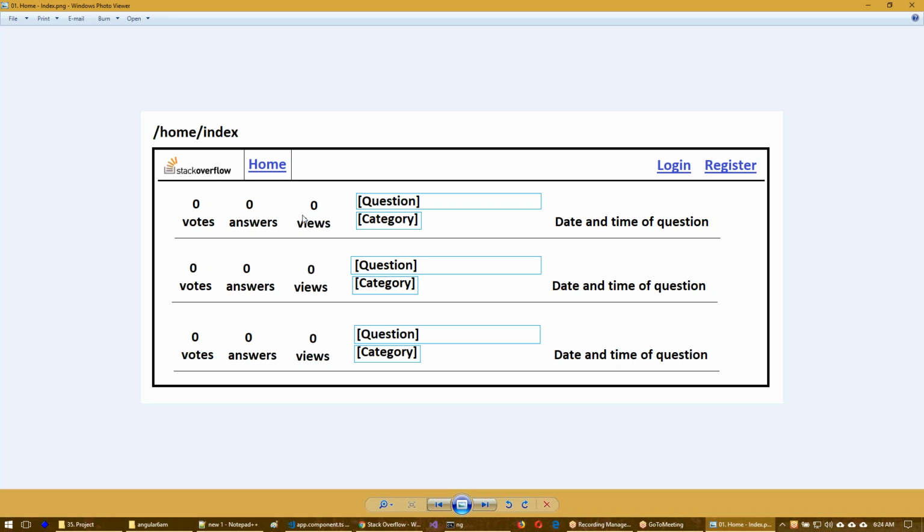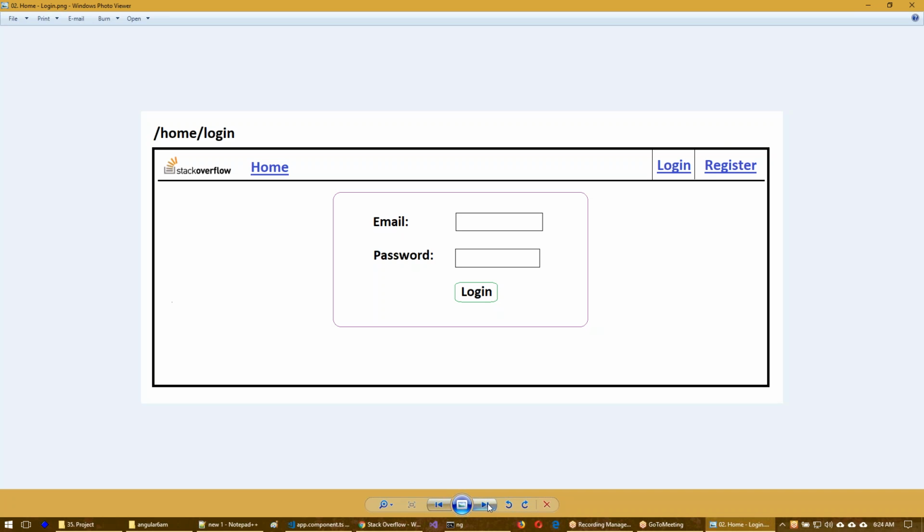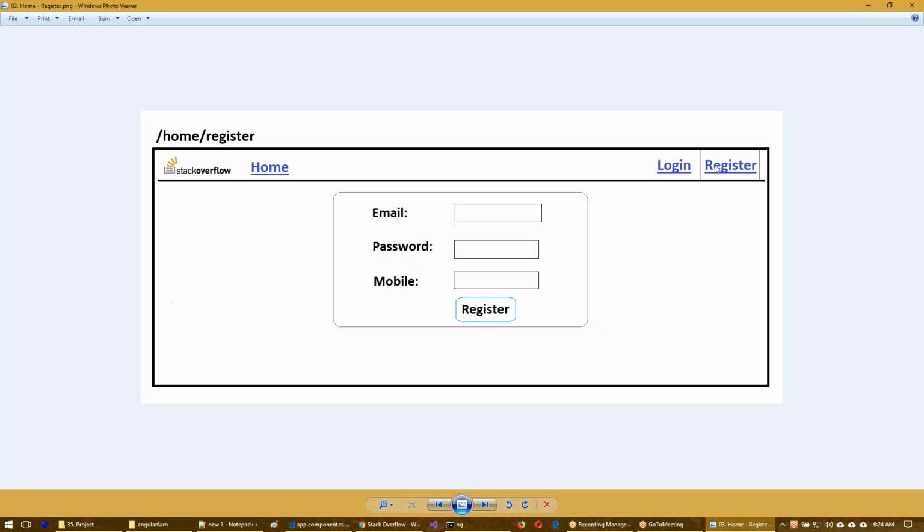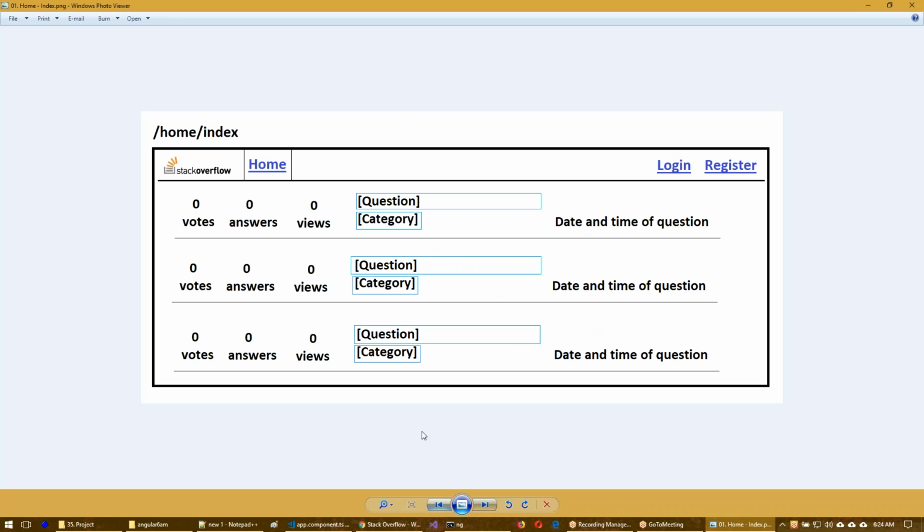So now first let's build the home page. Basically we have different pages, right? So we should create a navigation mechanism: home page, next the login page, next the registration page. Through hyperlinks, people should be able to navigate. This navigation mechanism can be built by using the routing mechanism.